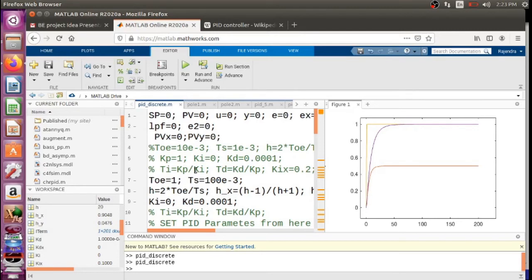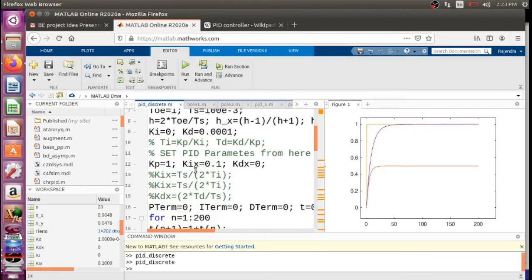However, one can also see what the effect of derivative is in this particular case.